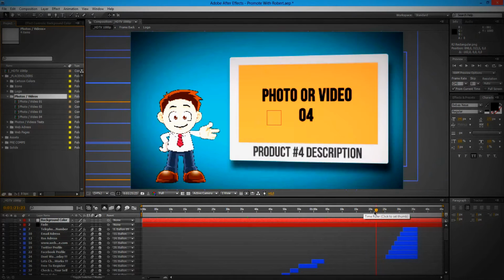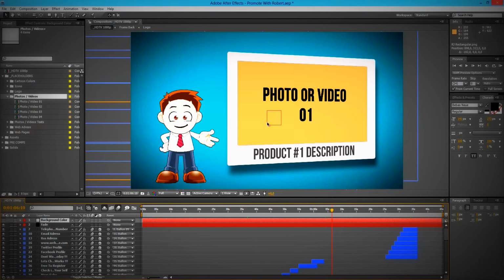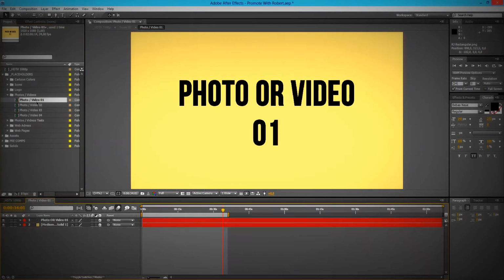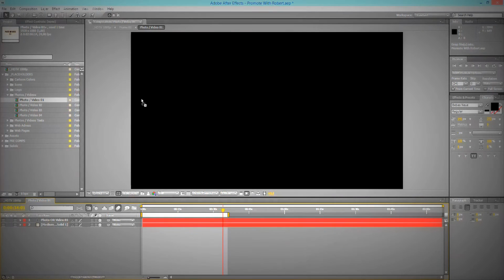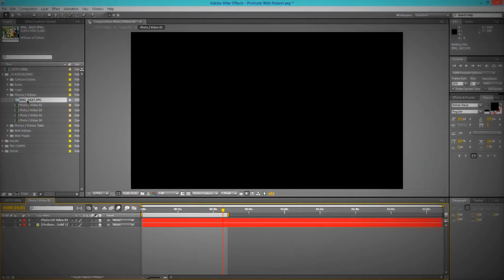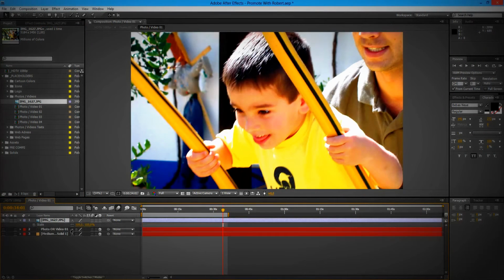Sorry, not at the end, right over here. So this will be the first photo or video. If we open the placeholder, you will find just the solid and text that you may disable, and I'm gonna bring a photo, just a very simple photo of me and my son. I'm gonna bring it right on top. I'm gonna press S for scale,